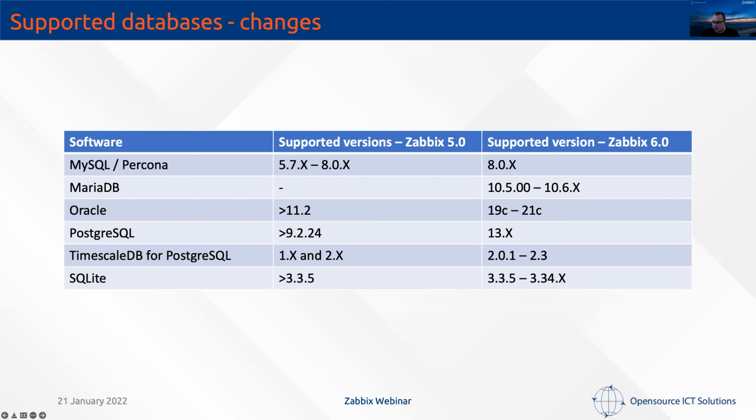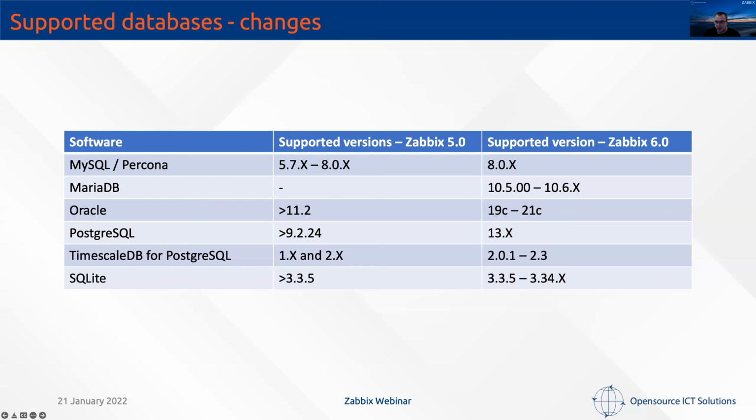So there is a table here showing the differences for MySQL Percona in Zabbix 4, Zabbix 5. MySQL 5.7 was supported. Well, that one is dropped, and we only support right now MySQL Percona 8. Is that problematic? Not really, but it means you have to upgrade your database engine, of course. For MariaDB, which was not listed separately in the older versions of Zabbix, right now 10.5 or 10.6, which is the latest right now. For Oracle,